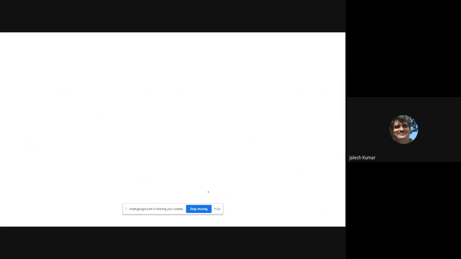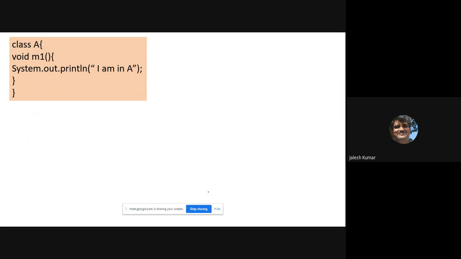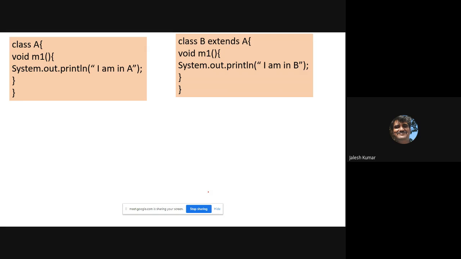If somebody asks how Java supports runtime polymorphism, you have to show this example. Let us consider one class A which contains one method M1. Let us consider one more class B which extends from A, which also contains the method M1 itself.